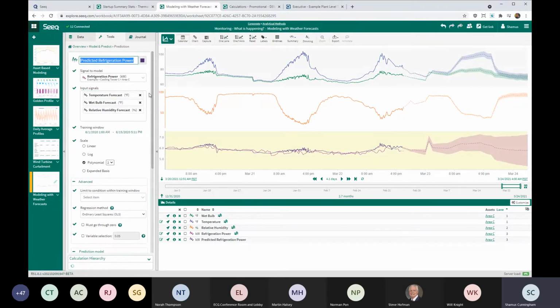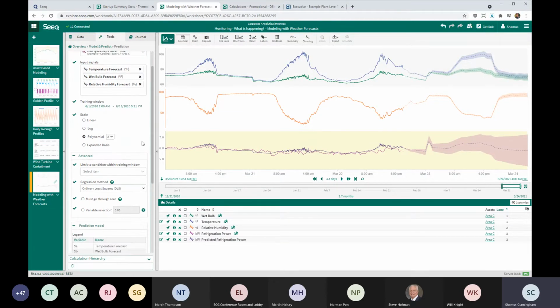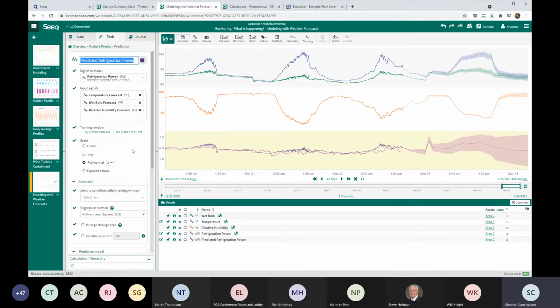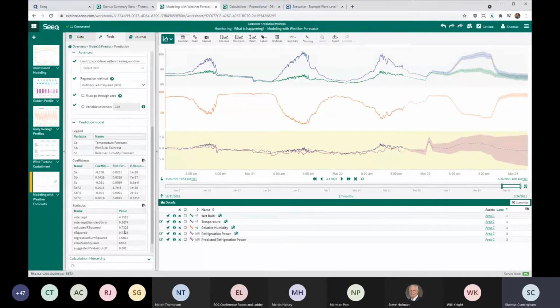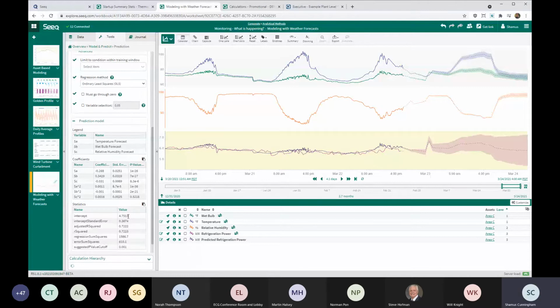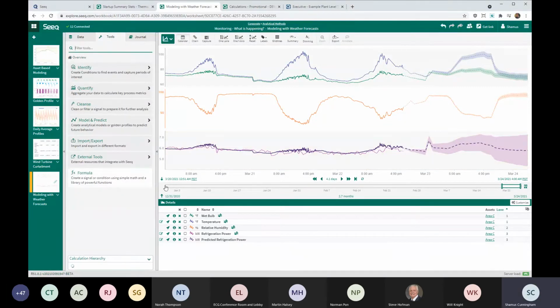So again, any of the kind of model building that all your engineers are probably doing in Excel right now, you can do live on your PI data and project it out into the future. So, real quick ways to build contextualized multivariable models, to evaluate how well those models are doing, and to see how your system is currently operating relative to that modeled performance. A lot of really nice, easy point-and-click tools that take care of 90% of the workflows, but